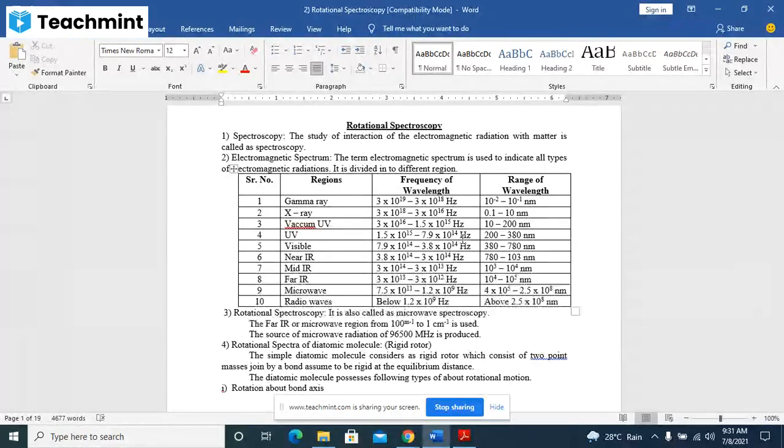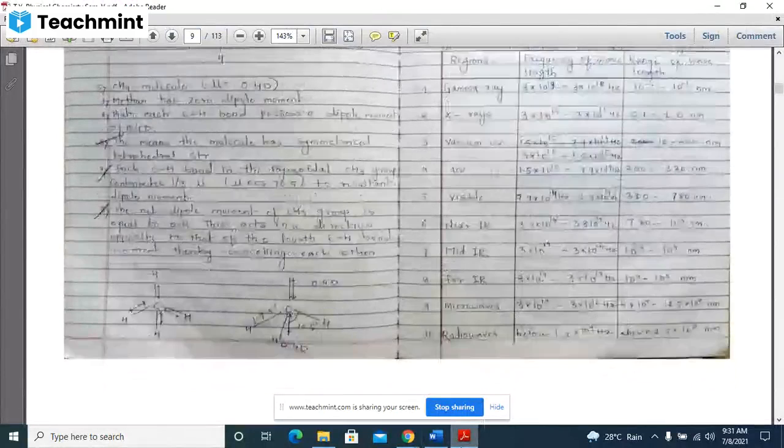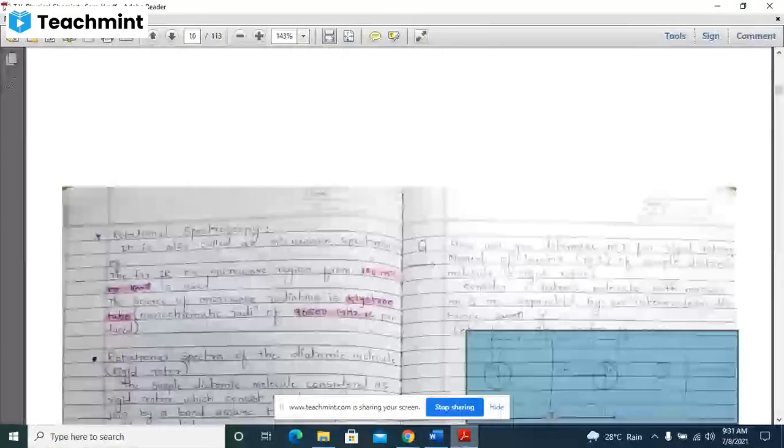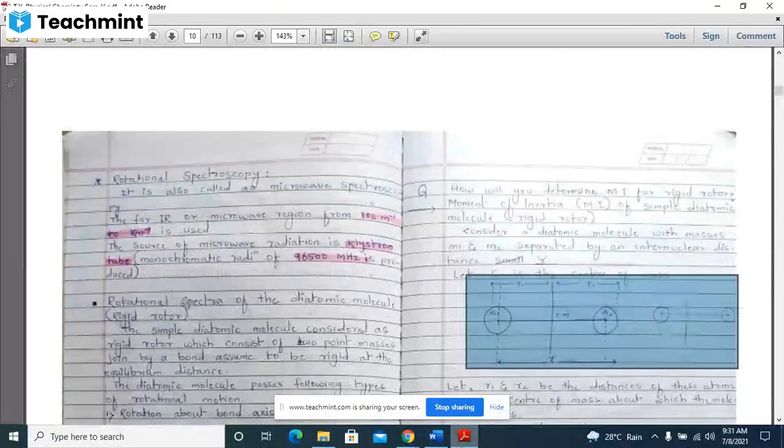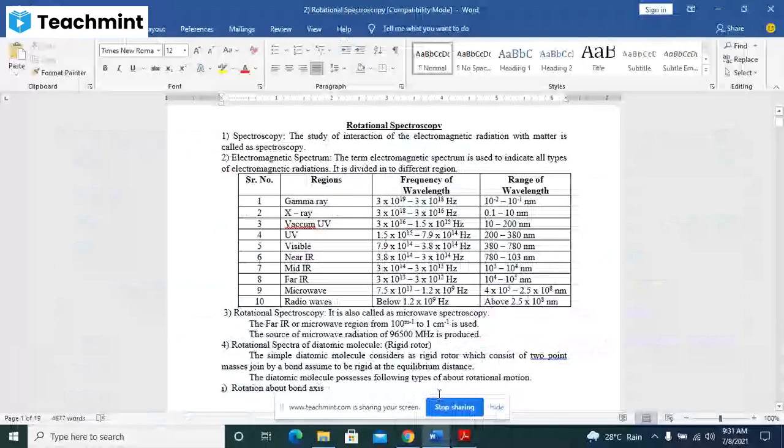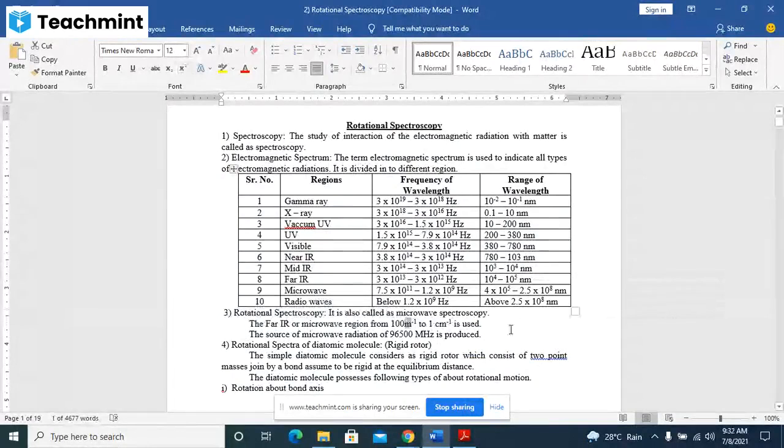Here it is given in meter and centimeter. Generally the region used for the study of microwave spectroscopy, or say rotational spectroscopy, and the source of microwave radiation, it may come for the MCQ. Which region is used for rotational spectroscopy, that is starting from 100 meter inverse to 1 centimeter